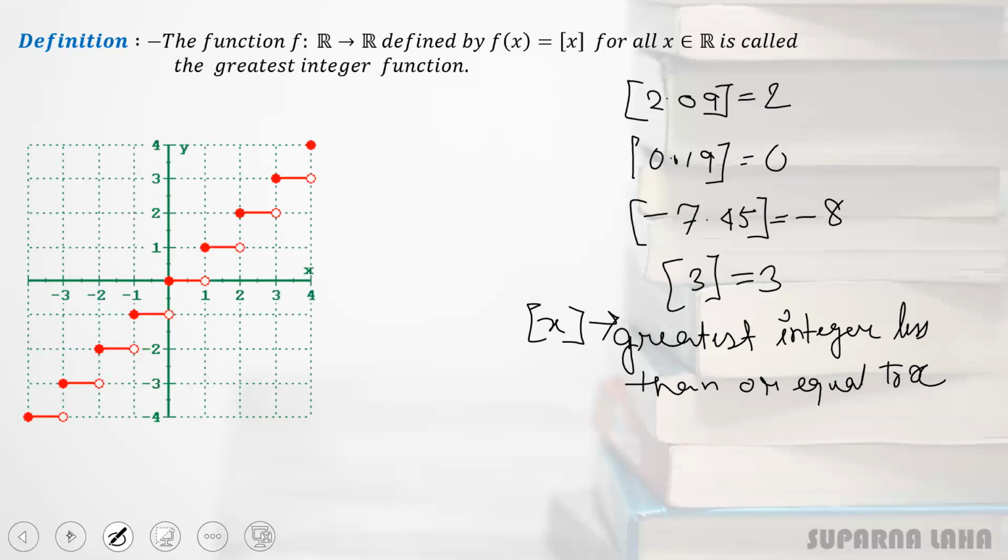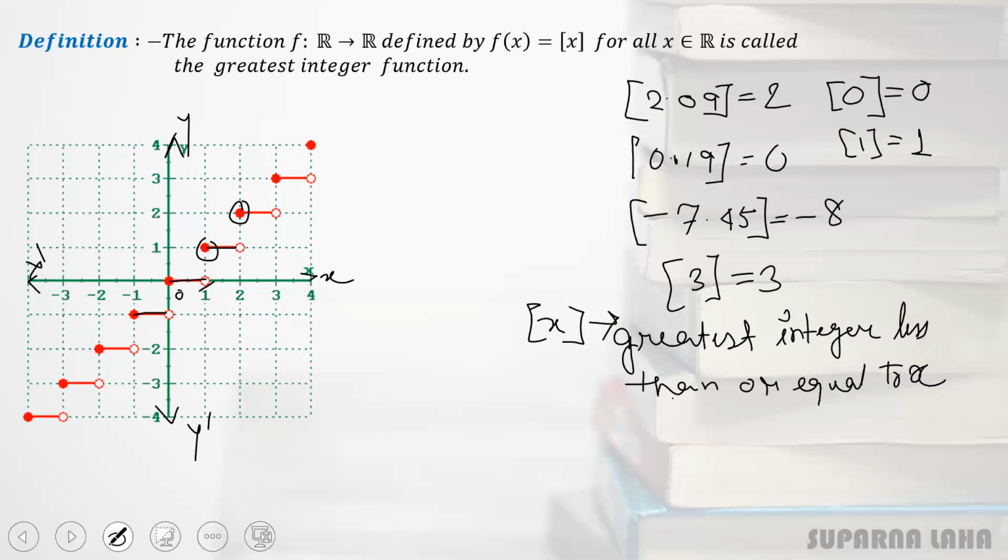the graph of it. So for 0, box 0 is 0, right? But for box 1, it is 1. So look here: for box 1, the value is 1, but before 1, all the values are 0. Before 0, all the values are minus 1. And after 1, all the values will be 1, and at 2, it will be 2. Okay, so this is the box function. Write it down. This is y dash, and this is the origin O. So this is the box function.